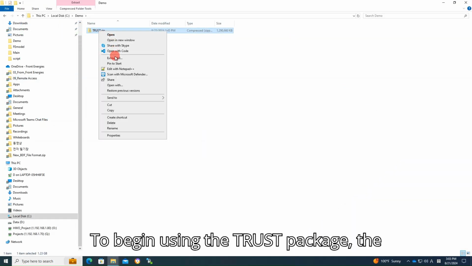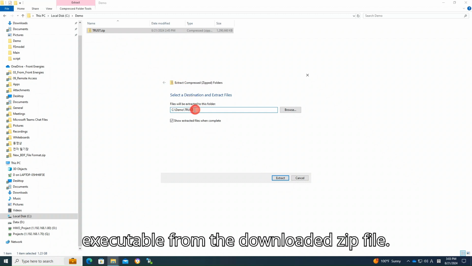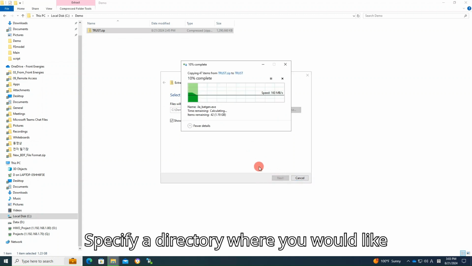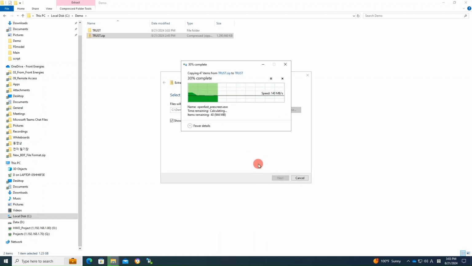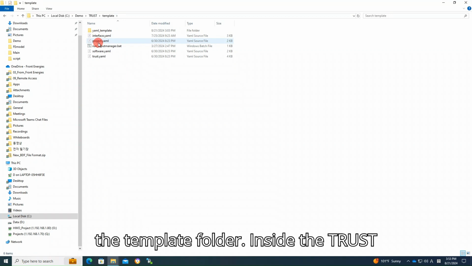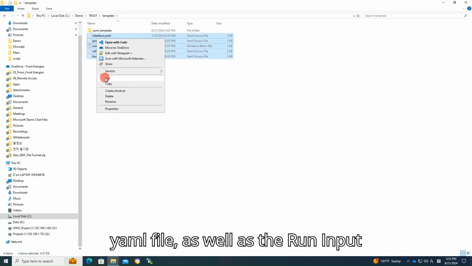To begin using the Trust package, the first step is to extract the Trust executable from the downloaded zip file. Specify a directory where you would like to store the Trust executable. Once the extraction is complete, go to the template folder inside the Trust folder. Copy the 4 YAML files: project, interface, Trust, and software YAML file, as well as the Run Input Manager batch